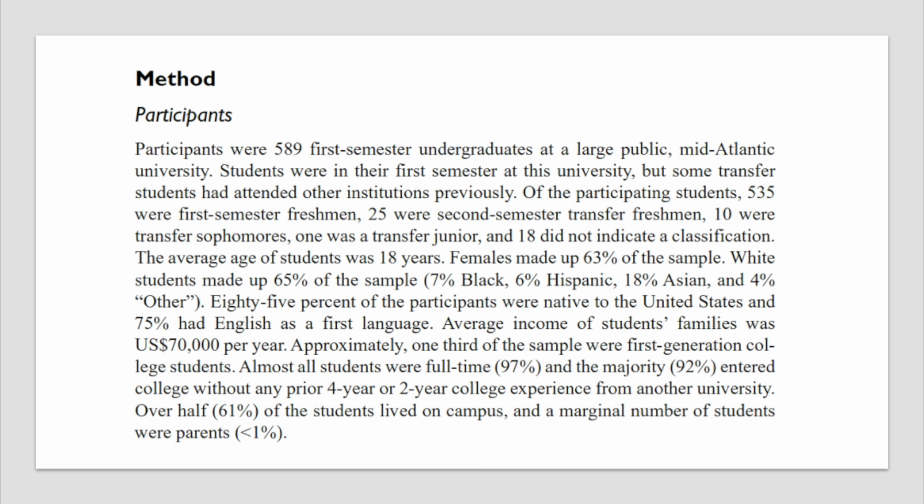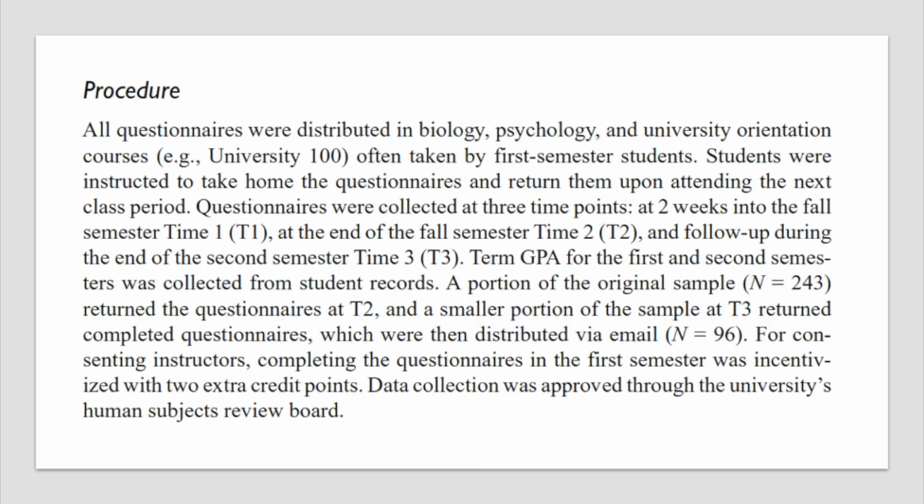This is typical. Researchers are usually very careful not to give away that information because they want to avoid bias and appear as though the research could be conducted at any university. Thibodeau and others then break down the participants by type and ethnicity and provide other demographic data as well. In this study, the participants were asked to complete a questionnaire that was distributed in some of the university's first semester courses.